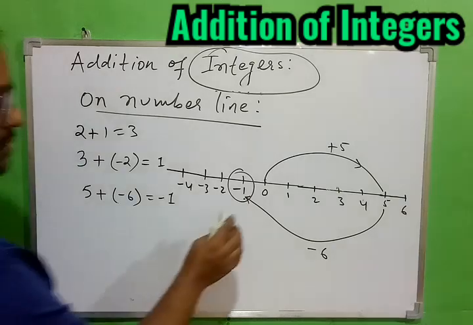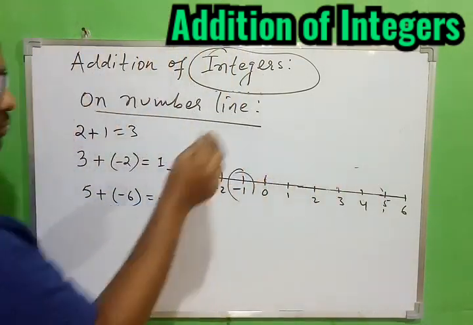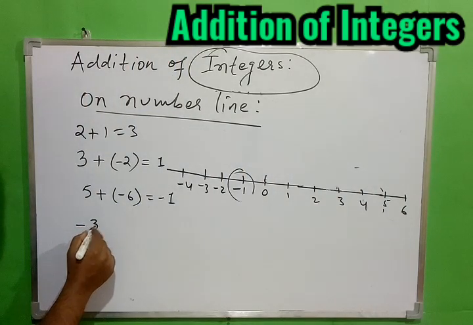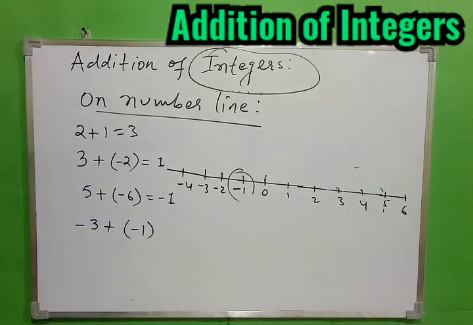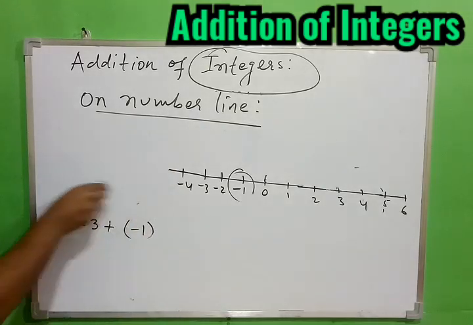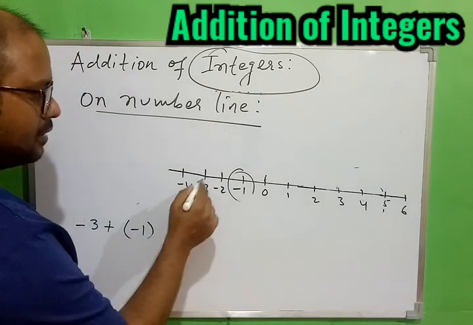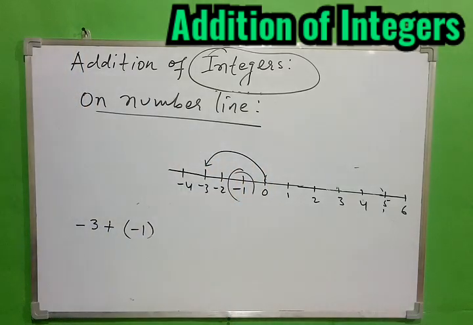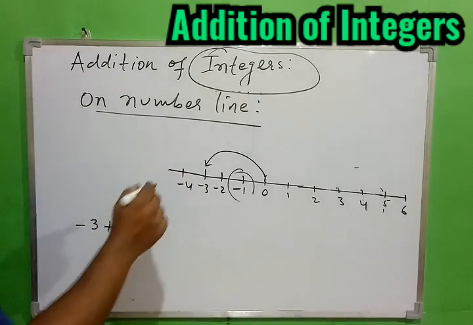And let's take the next example to understand another on the number line, and then we'll take some examples from the book. So for example, we have minus 3 plus minus 1. Let's try this also. Okay. So that is negative and negative. So very first minus 3 is here. So from here we'll come to minus 3. From 0 to minus 3. And then again minus 1. So again what is to be done? Where is minus 1? This side.